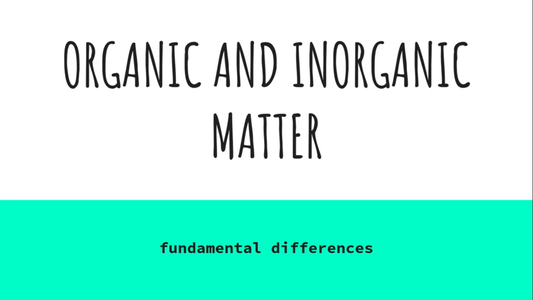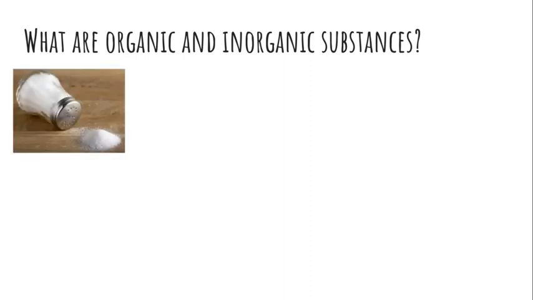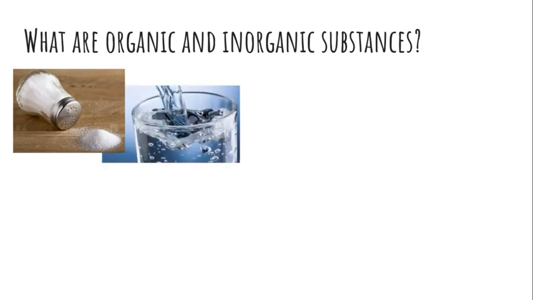Okay, so first of all, let us talk about what organic and inorganic substances are by mentioning some simple examples from which you can think of an enormous number of other examples, just by comparing them. All right. So, for example, salt, minerals, as we call them in general, are a very good example of inorganic substances. Water, of course, is one of the most important in terms of the amount of water that exists in the universe, in nature, especially on Earth, right?